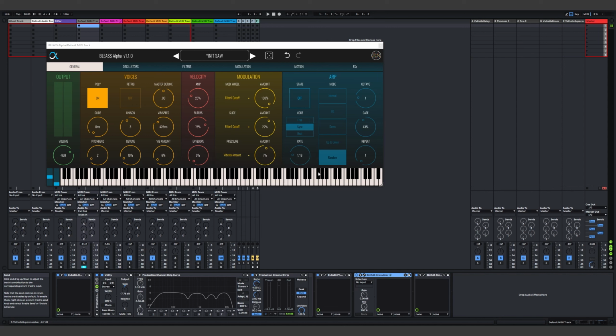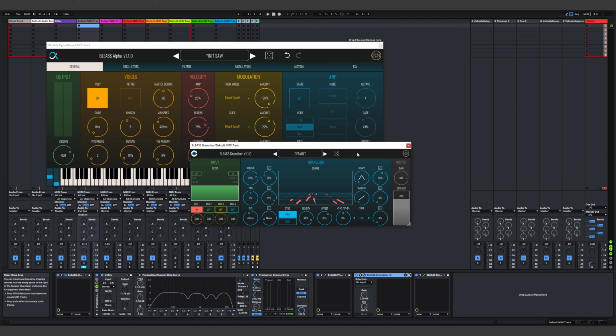And so that is feeding into a granulizer. Now this is really cool. This is like that new thing that Arturia came out with recently. This is like a full-on granulizer. You can just chop anything up. And so I'm almost chopping up the pad itself, right? You can hear it. It kind of just takes slices out of the actual sound output